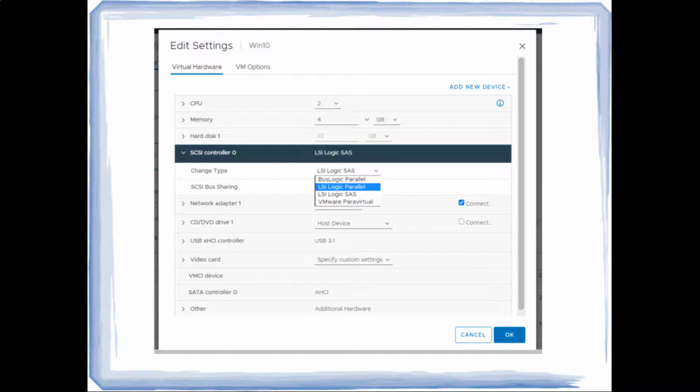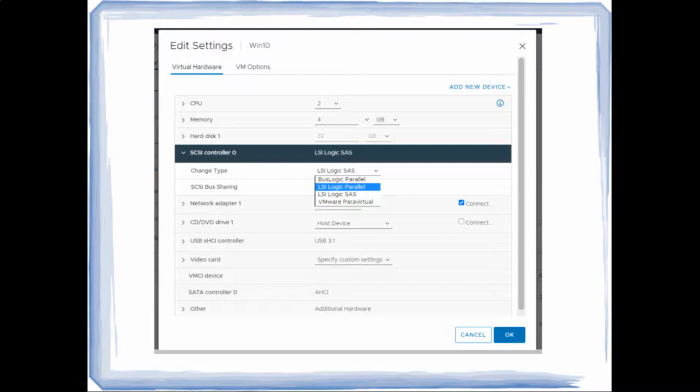Actually VMware doesn't support using the Para Virtual SCSI controller for the OS drive, that is the C drive, because the driver won't be available before VMware tools is installed.